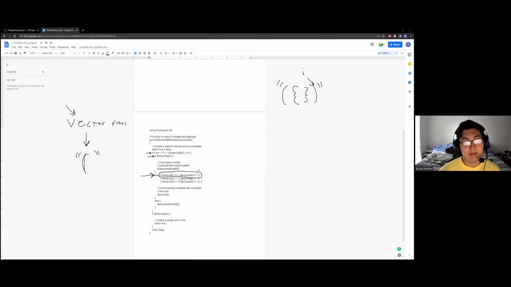Does the if-else statement satisfy? Yeah, it satisfies, so then it executes, right? And if it executes, then that means this gets popped off, leaving us with an empty vector. So if we check if the vector is empty, that means, well, first off,